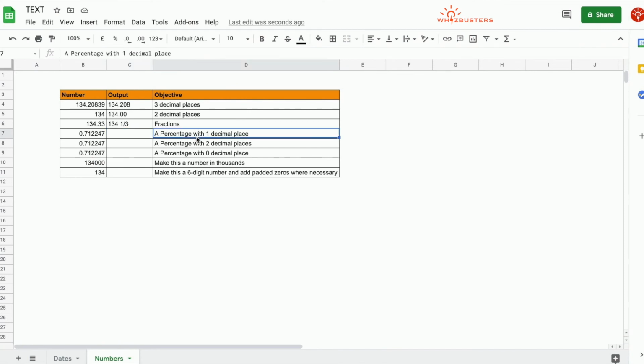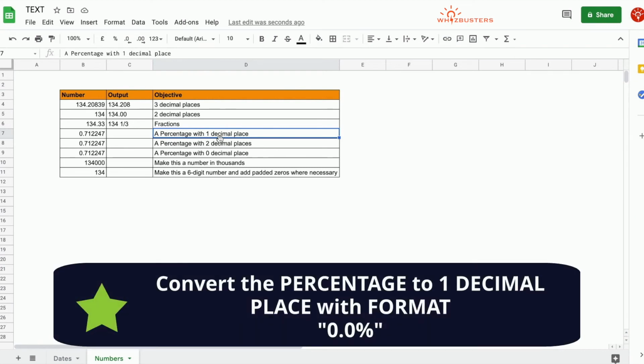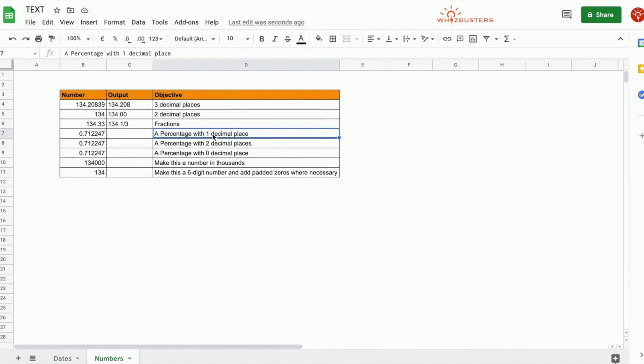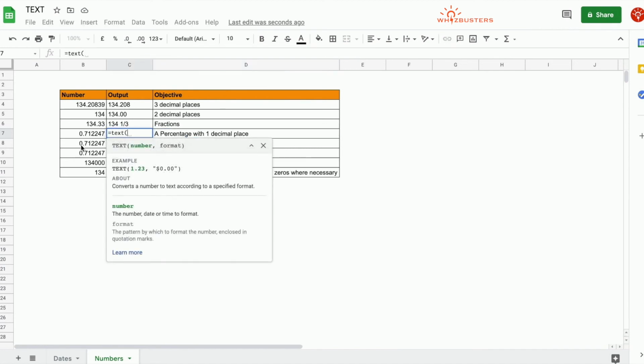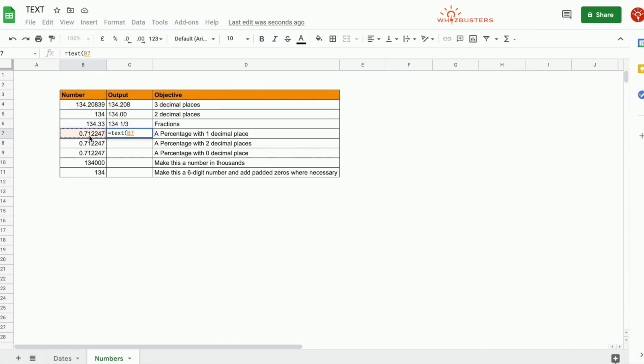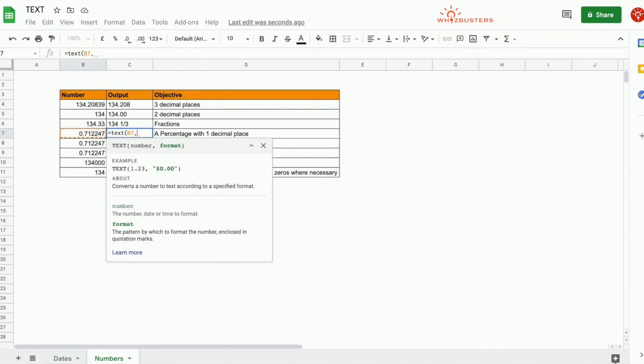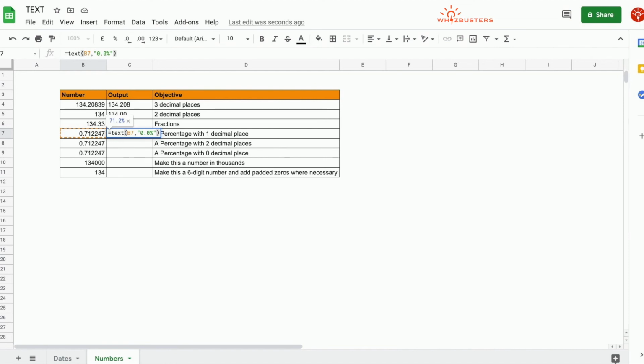In our fourth row in this table, we have an objective where we need to represent the number in a format as a percentage to 1 decimal place. So to do this, we use the format 0.0%, where the number of zeros after the decimal point will be how many decimal places we want. So let's try it, we type in equal text. We want to convert this to 1 decimal place as a percentage. So we do that by typing 0.0%, close quotation and close parenthesis, and we've got